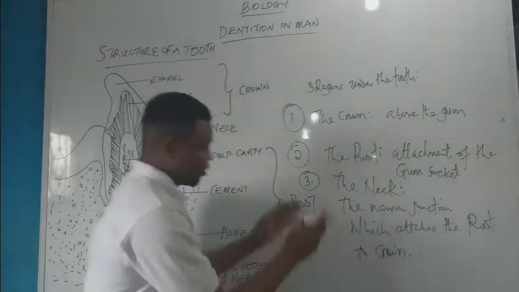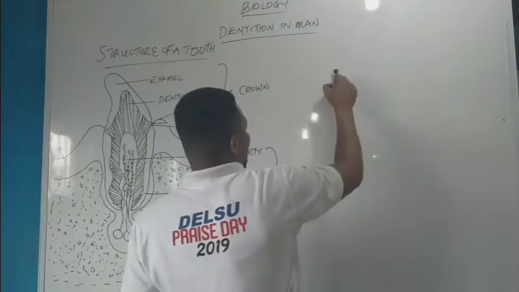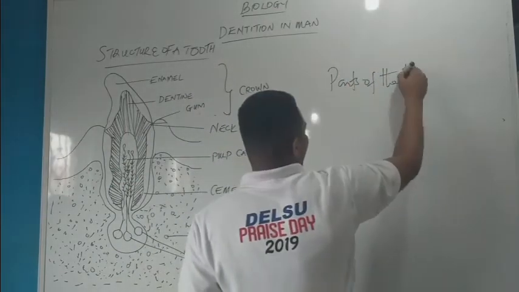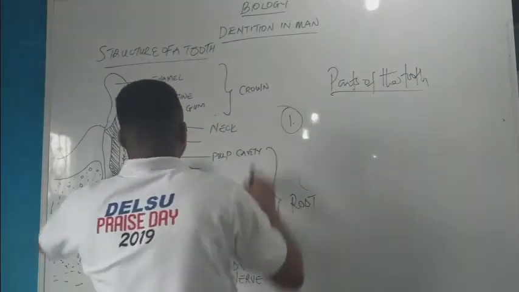These are the 3 regions under the structure of the tooth. Now, the parts of the tooth. Number one part of the tooth is